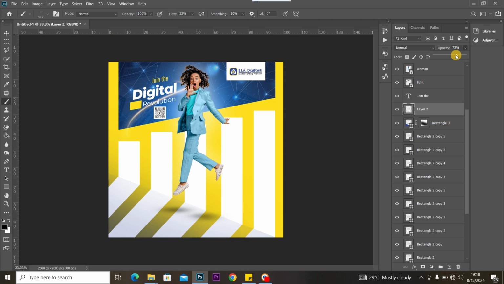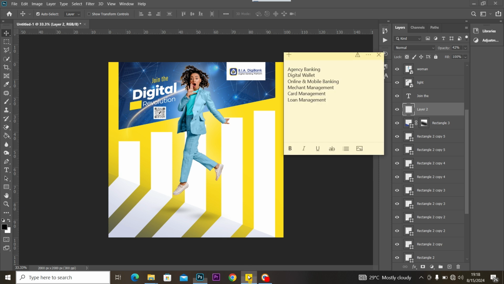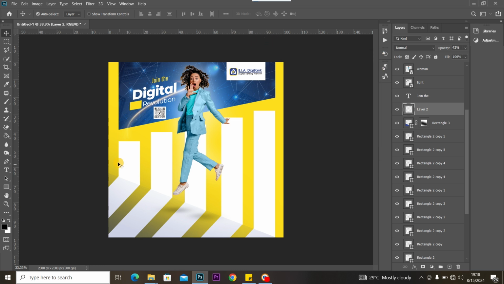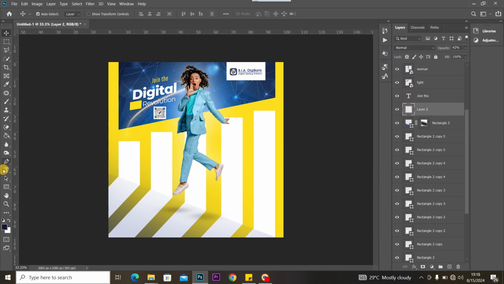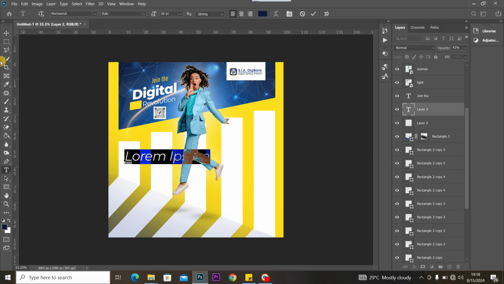And drop the opacity down a little, something like that. Okay, now I'm just going to be adding the various characteristics of the product. So the first one, product does agency banking, so I will select a dark blue color here, and I'm going to type in agency banking, Ctrl V,